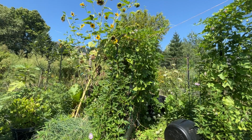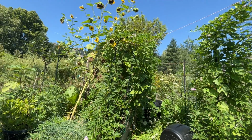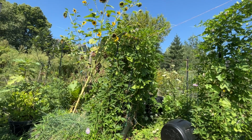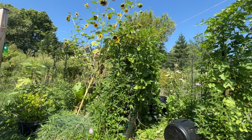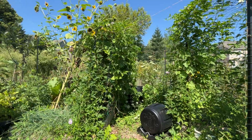You definitely get buzzed by bees in the garden. So what is there? I can tell that there's beans ripening, the beans that are fighting it out with the maypops. There's maypops ripening. I found recipes for how to make jam with them, so I'm definitely excited to make passion fruit jam. I ended up